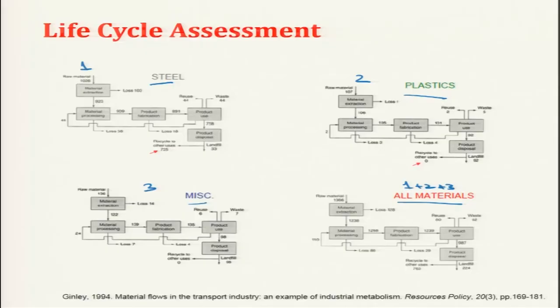This is one of the ways of the life cycle assessment that they did in 1994, that is around 25 years ago. So, the total weight of the automobile was 1366 kgs. Okay, I can put it as around 1.366 ton. So, this is the total weight.